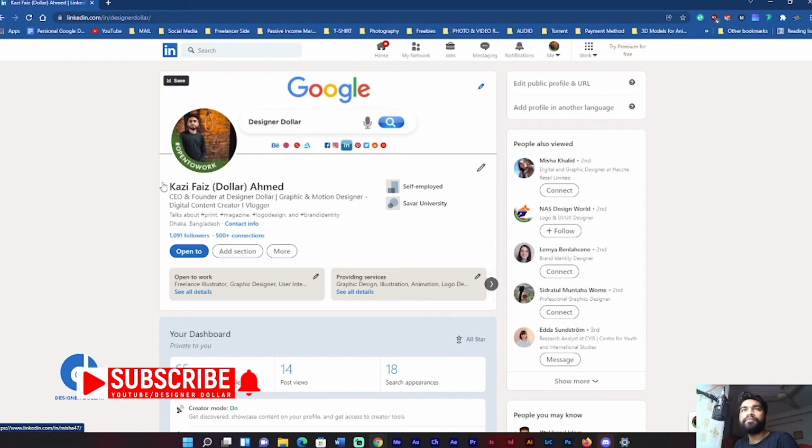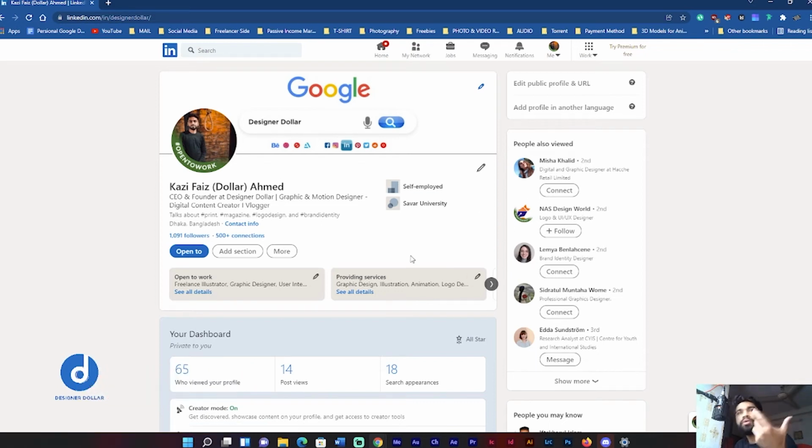So if you are on your profile, you can go to the jobs. If you can't see these jobs, you have to activate the open to option. If you don't know how to activate the open to option on your profile, then you can check on other channels